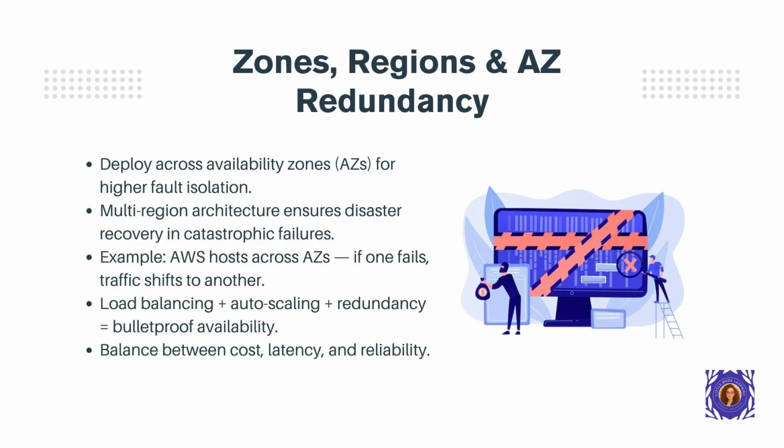Each AZ is a physically distinct data center with independent power, cooling, and networking. Deploying your application components, servers, databases, and queues across multiple AZs provides higher fault isolation. If one AZ experiences an outage, for example a power failure, your application continues to run in other AZs within the